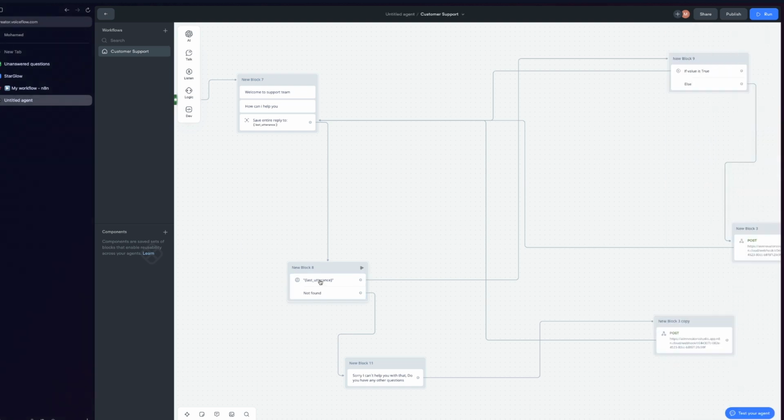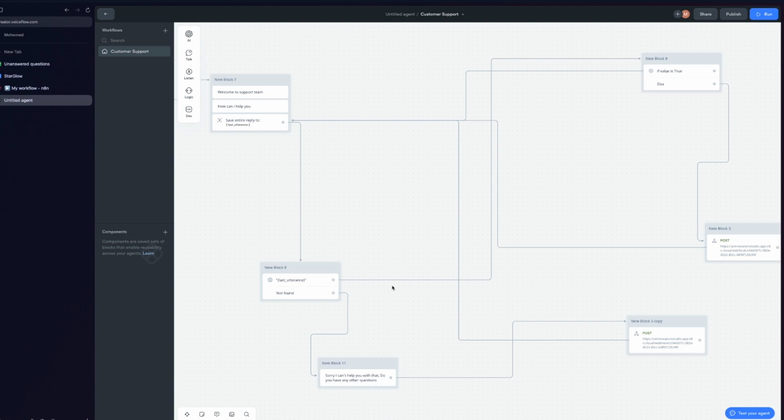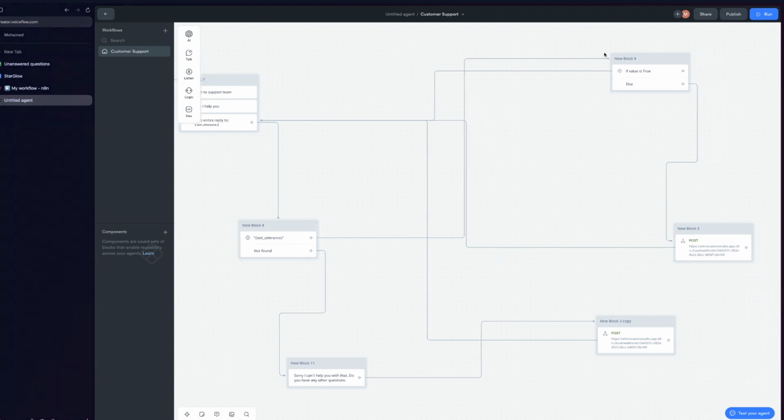If the answer has been found, it's going to respond back to the user with the answer. If it's not, it will say, "I'm sorry, I can't help you with that." So far it's just a normal voice flow, like chatbots: user's question, AI response. But what we added here is a conditional block, and this conditional block is really the main source of the